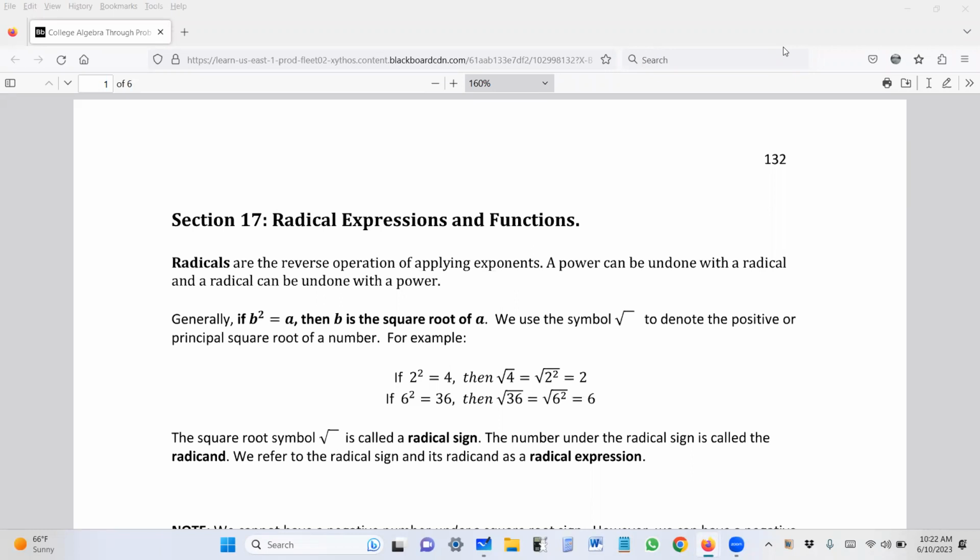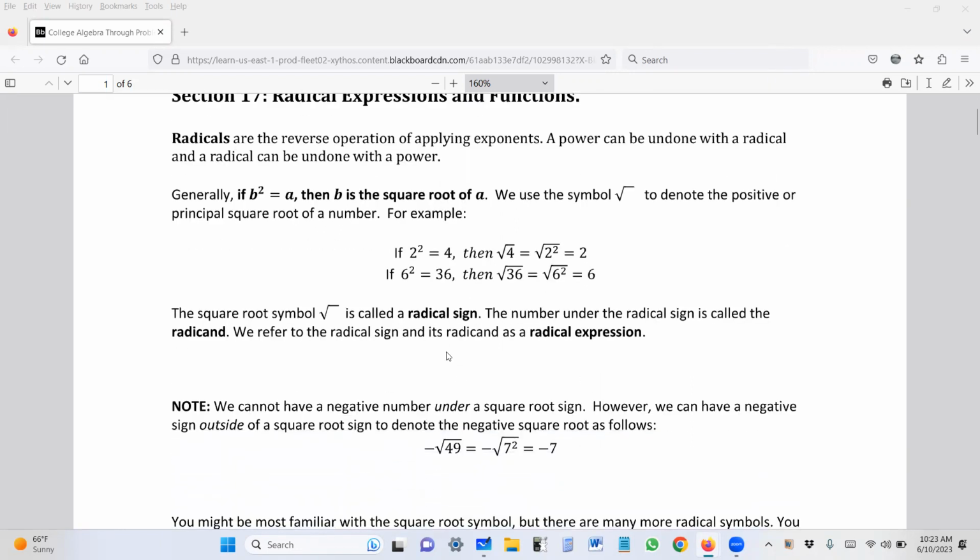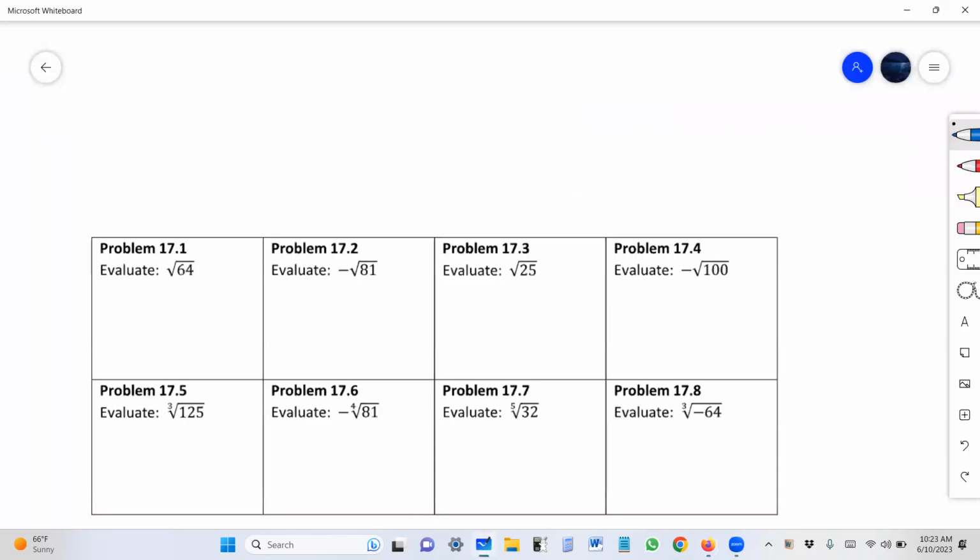Hi, so this is section 17, radical expressions and functions, and we'll divide this topic into two videos. In the first video, I'm going to go over the explanation of radical expressions and how to find the domain of radical functions. Before we go into evaluating these expressions, let me explain. You can read this a little bit later if you want, but I'm going to explain to you exactly what this means. So a radical expression is an expression